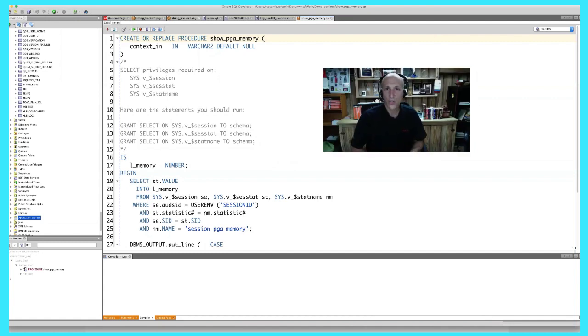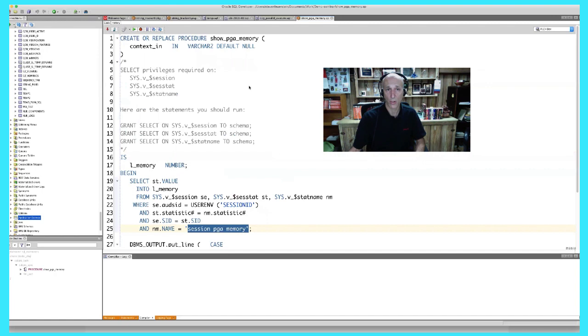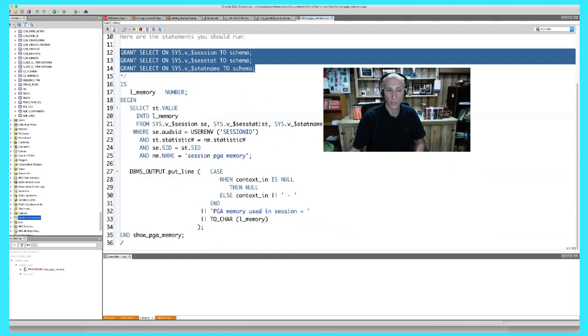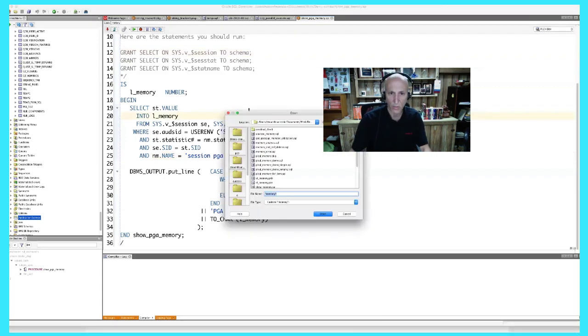So as far as I know, there's no way to look at an individual data structure and look at that consumption. But what you can do is use information from V$SESSION and session statistics to get amounts of PGA memory. So that's the name of the statistic for session PGA memory. So you can build, for example, a little show program. You have to have select on these views. And then basically, let's see, I should have some example scripts here, memory